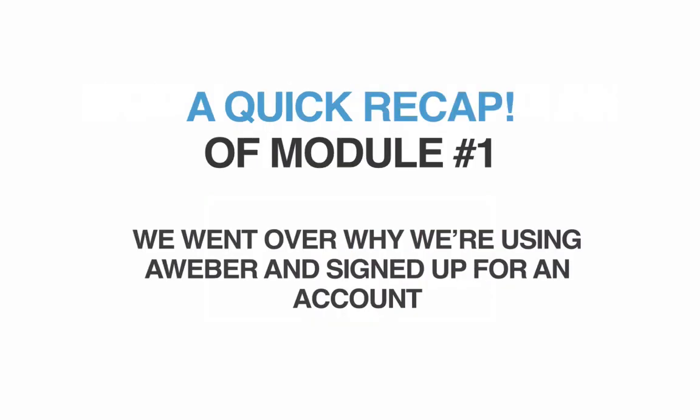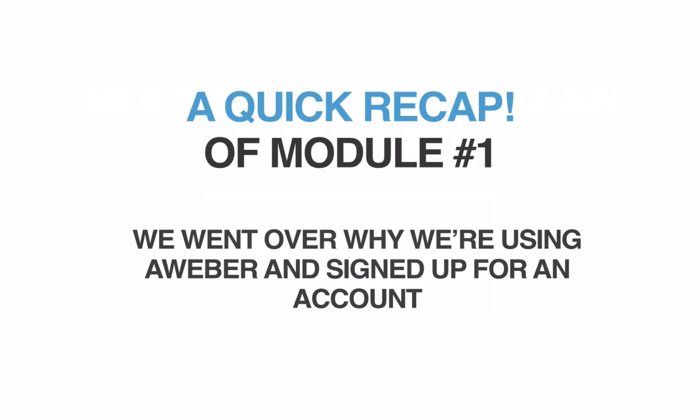And let's quickly recap Module 1. Module 1 is where we went over the different email marketing services, Aweber, MailChimp, Constant Contact, and we discussed why we're choosing Aweber and why it's important for you to sign up for Aweber to continue this course. So at this point, you should have signed up for an Aweber account. If you haven't done that yet, if you don't really understand why Aweber and you haven't signed up for an Aweber account yet, I would really recommend heading back to module number 1, go through that, and then sign up for an Aweber account. I give you all the details on how to do that over there before returning here